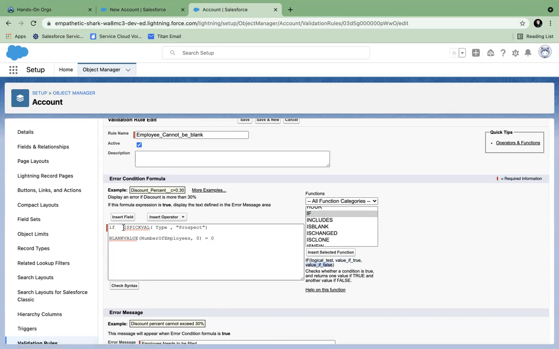Okay. So if I will say this is true, false directly. If and